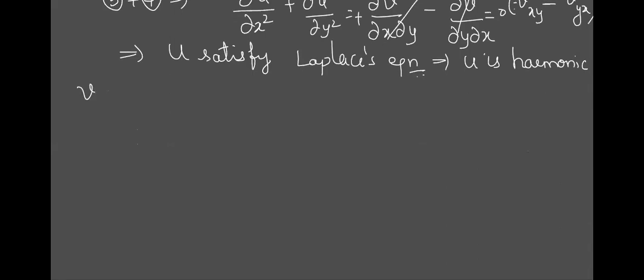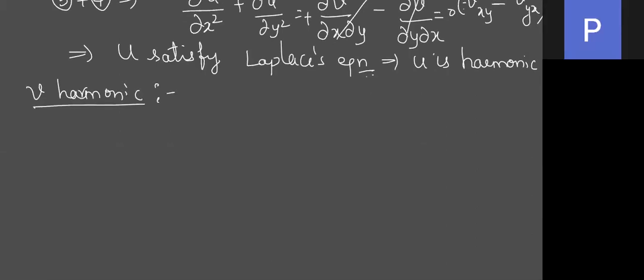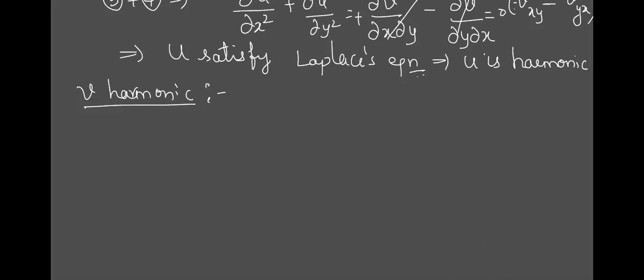What do we have to prove next? So in the same way, we have to prove that v is also harmonic. Do you want to try it? You want to try? Okay, let it be. I'll explain. So see, we have to prove that v is harmonic. So we have to get a similar equation. What is that? ∂²v/∂x² plus what? ∂²v/∂y² equal to 0. Am I right? If you show that this equation is true for v, we can say that v is harmonic. For that, we'll rewrite the equations.